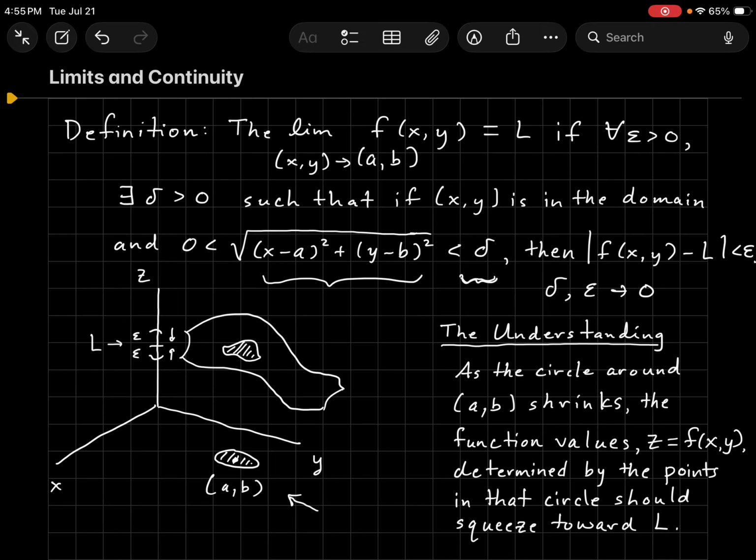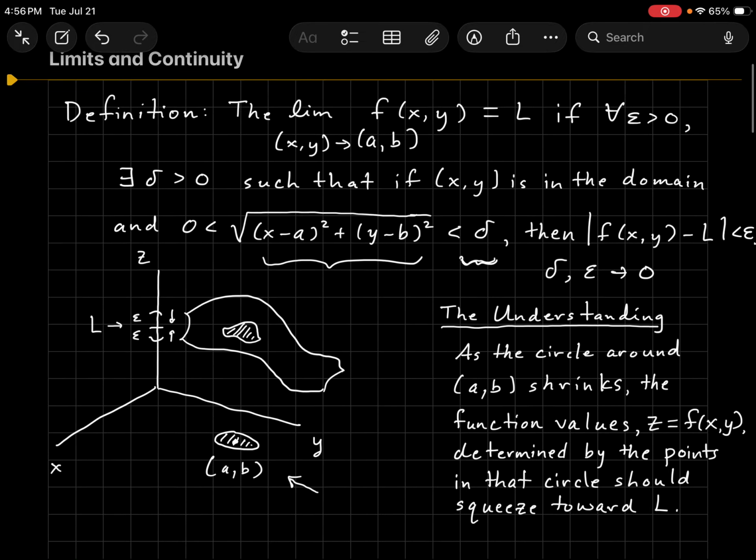So as the circle shrinks, does this distance of all the points in the circle mapping to our function z equals f(x,y), do all those values shrink towards this limit? That is, does this distance away from the limit, epsilon, go to 0? Now, that's the understanding. But if you really want to understand that, I recommend drawing some pictures, maybe drawing some counterexamples. But that's not really the point of this video, because